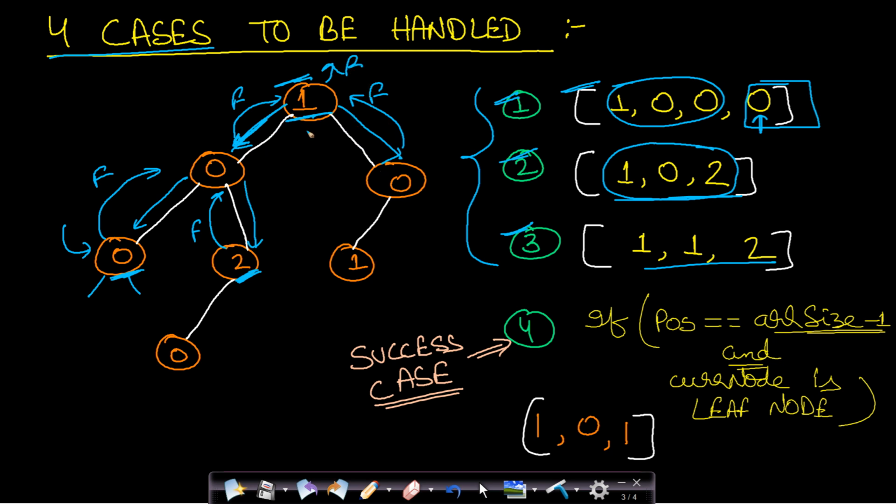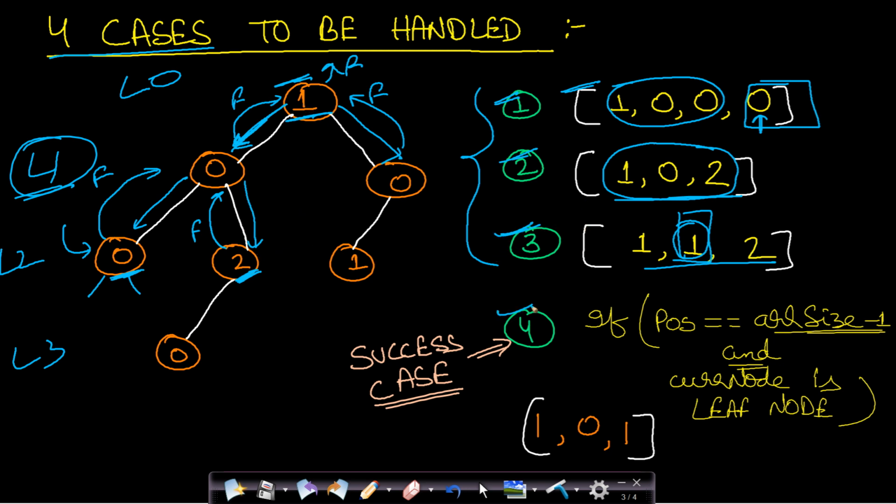So this is the third case, saying that if the elements are unequal at any given level of a tree, then there is no chance that you can find a path starting from the root node to any of the leaves. So in this case, this is level 0, this is level 1, this is level 2, and this is level 3. So at level 1, none of the elements are matching the second element. Okay. So if this happens, then there cannot be a path from root to leaf. So this is the third case.